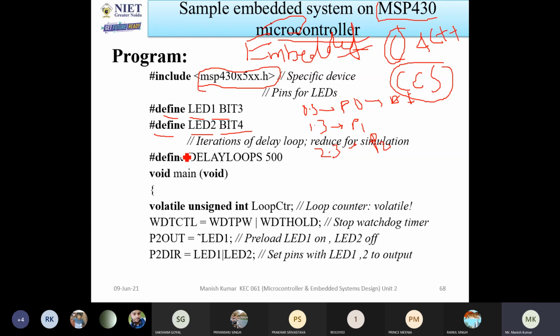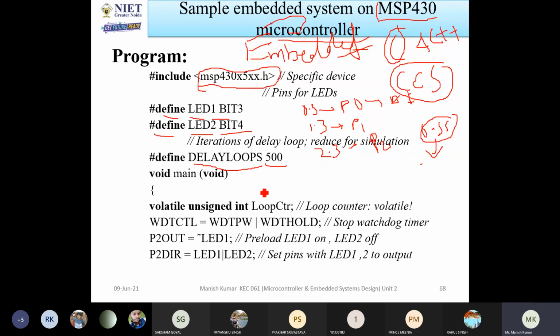Also we are defining the delay. Delay is 500 milliseconds, since I have written the program for 0.5 seconds. If you convert 0.5 seconds into milliseconds, you get 500. Whenever I write delay loop numbers, the number is in milliseconds, so I converted 0.5 seconds into milliseconds.